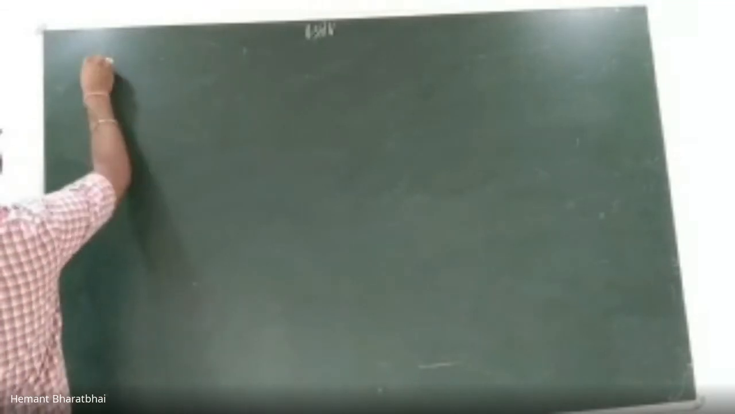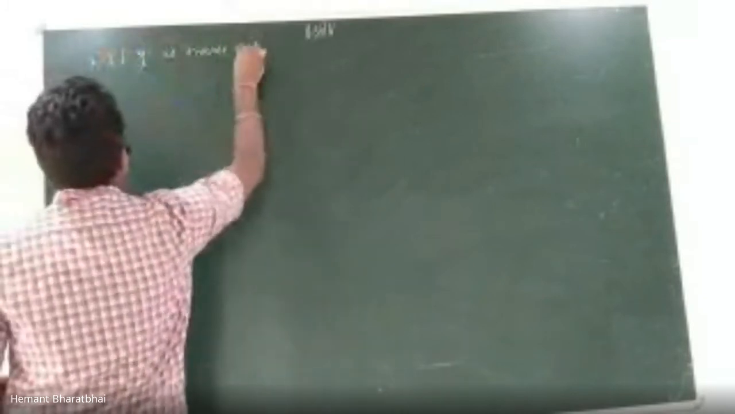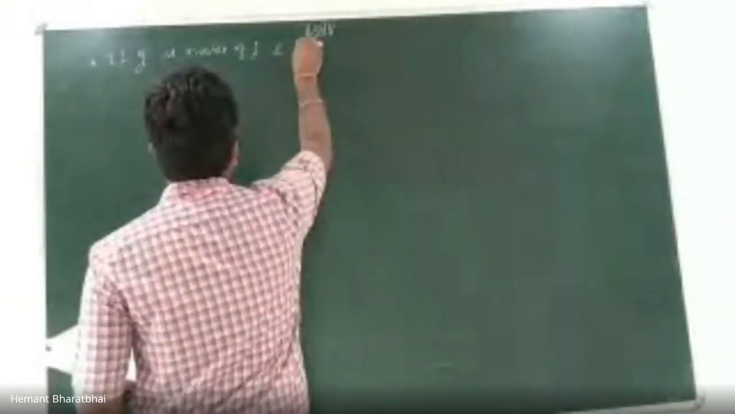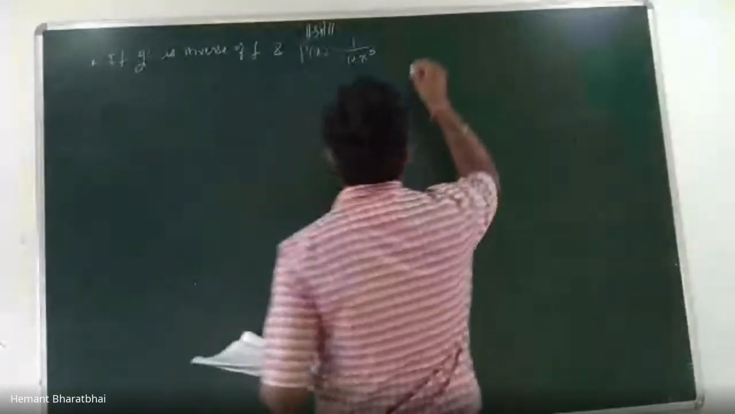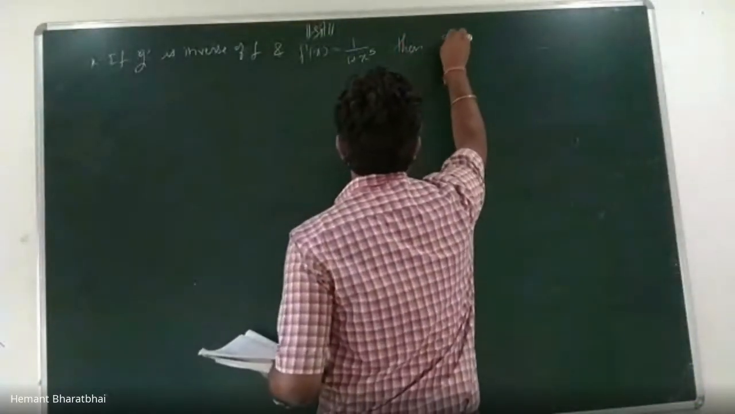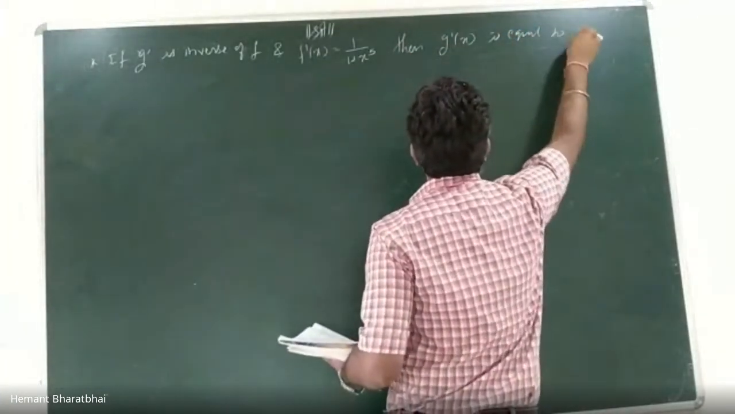Next numerical: if g is the inverse of function f, and if my f dash of x is equal to 1 upon 1 plus x raised to 5, then my g dash of x is equal to